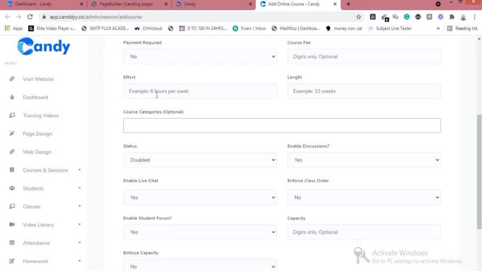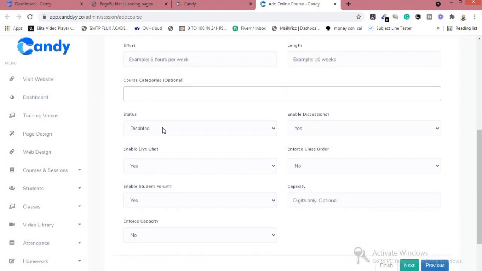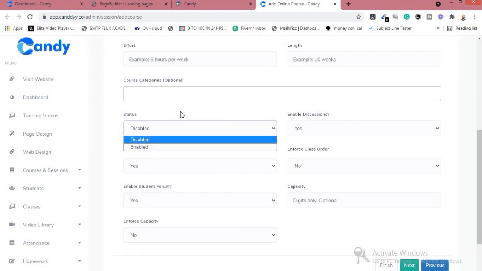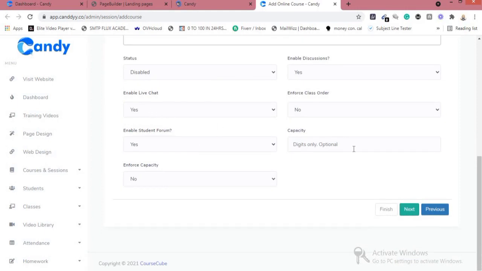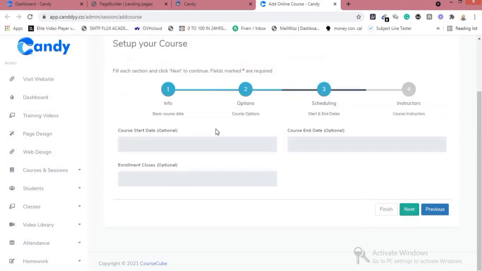All right, so you can choose to enable the status of this course or disable it. Okay, you can choose to enable discussion on this course. You can choose to enable live chat, and you can choose to tweak any of these details we have here. And when you're done with that, you click on the next option, and then it brings you to the third